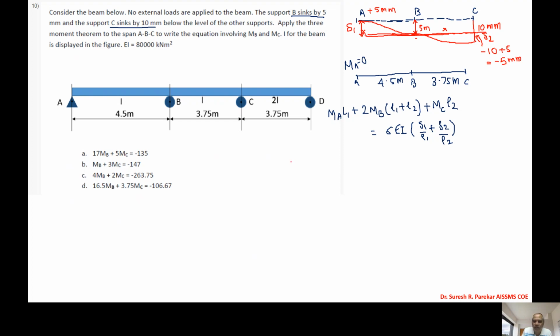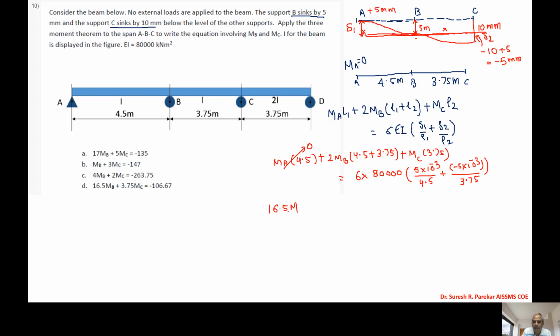And then we will just substitute the values. I will get MA into L1, we have 4.5, plus 2MB into L1, we have 4.5, L2 we have 3.75, plus MC, we have 3.75, and then 6, here we have 80,000 into delta 1, we have 5 into 10 raised to minus 3, and L1 we have 4.5, and then plus L2 we have minus 5 into 10 raised to minus 3 divided by 3.75. Now if you solve this, the term becomes 0 because MA is 0, and we will get this value as 16.5